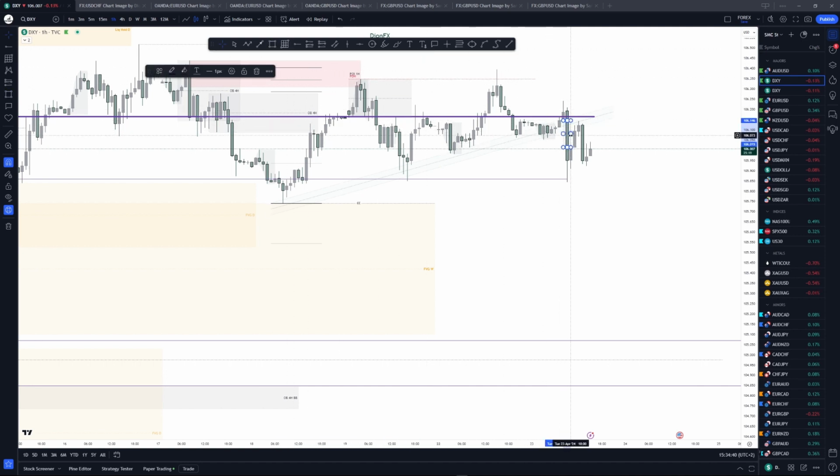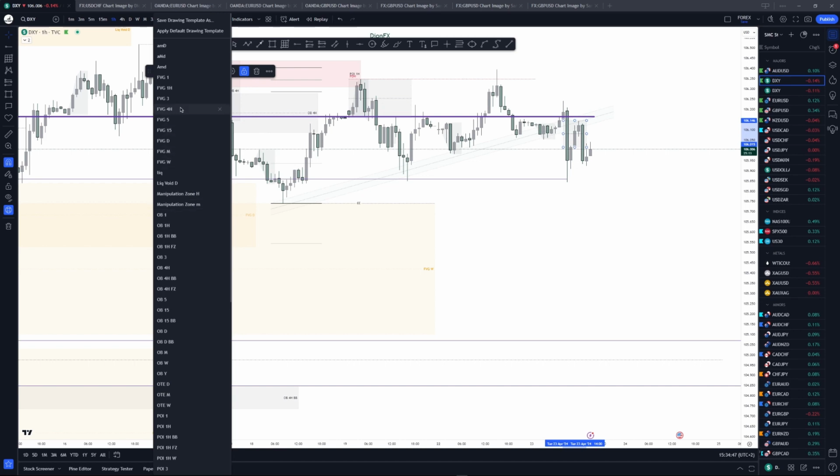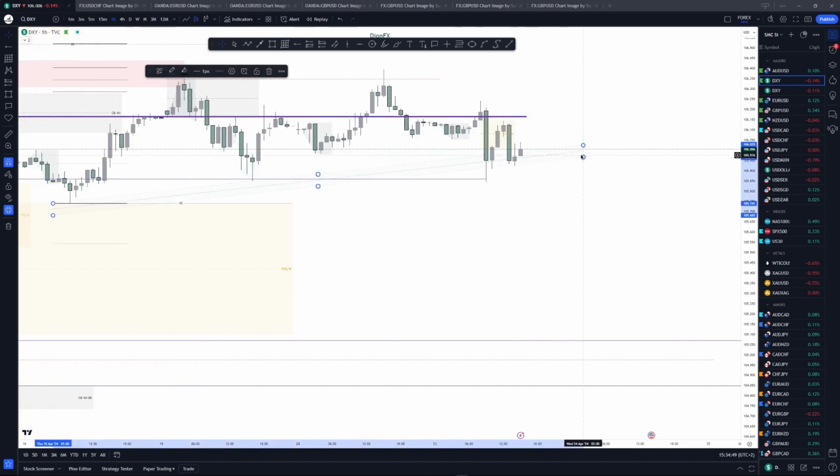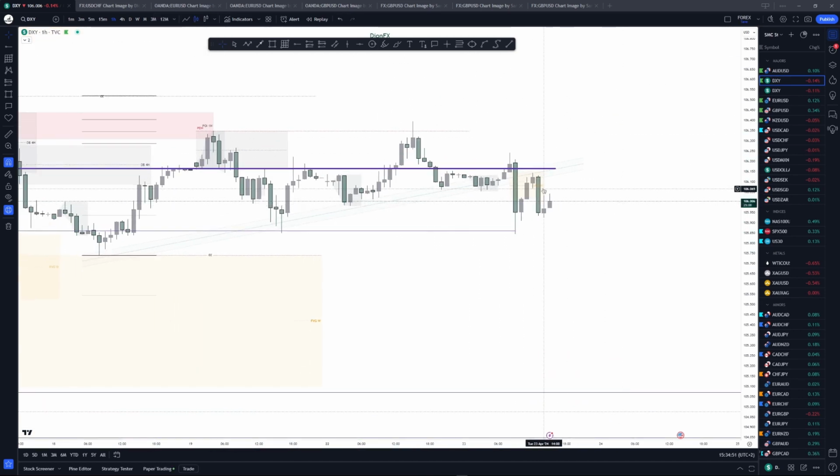Okay, there's the fair value gap the price left behind on the 1 hour markets. Fair value gap, 1 hour. Okay, and inside of that fair value gap, we should still be looking for sales to the downside. As you see, price just barely came inside of it, tapped it, and gave us this big displacement to